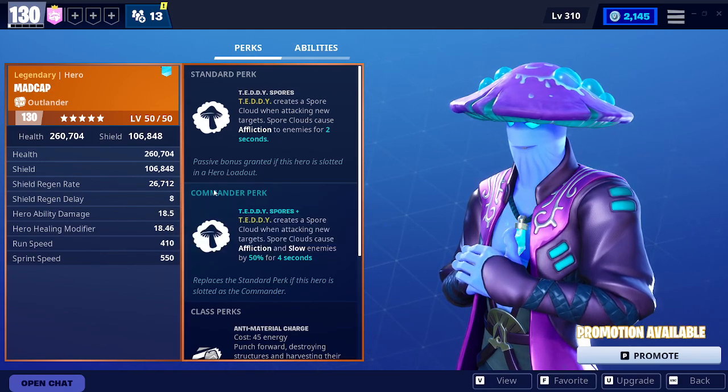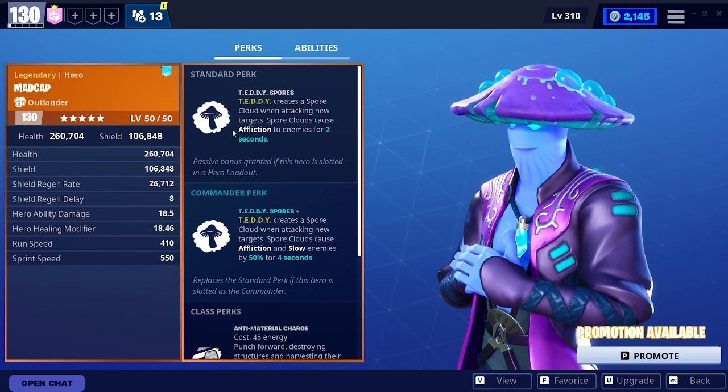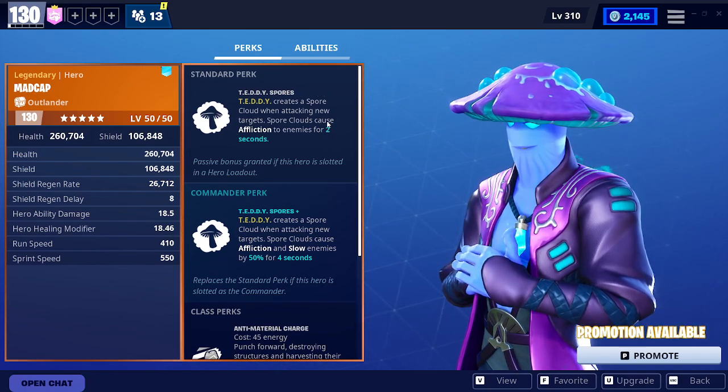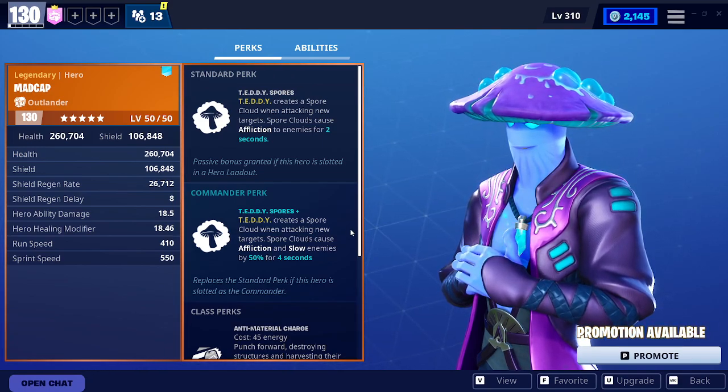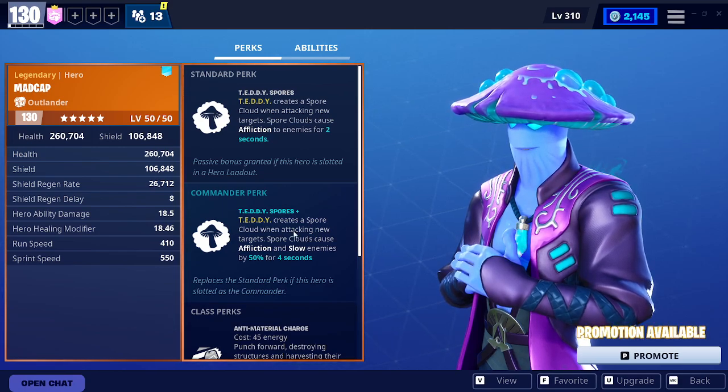As you can see, your Teddy spores. Teddy creates a spore cloud when attacking new targets. Spore clouds cause affliction to enemies for 2 seconds. It's actually pretty good. But in the commander slot, I think he's actually way better as a commander